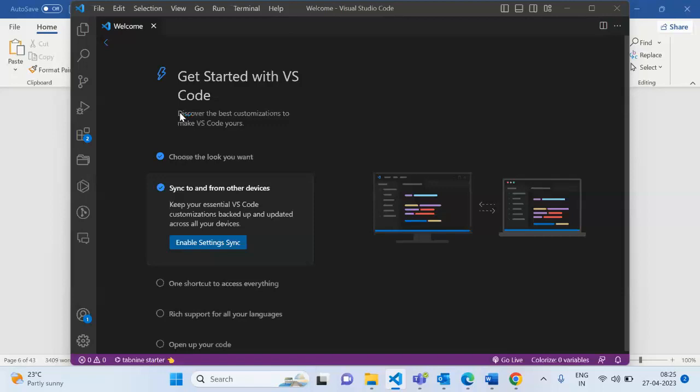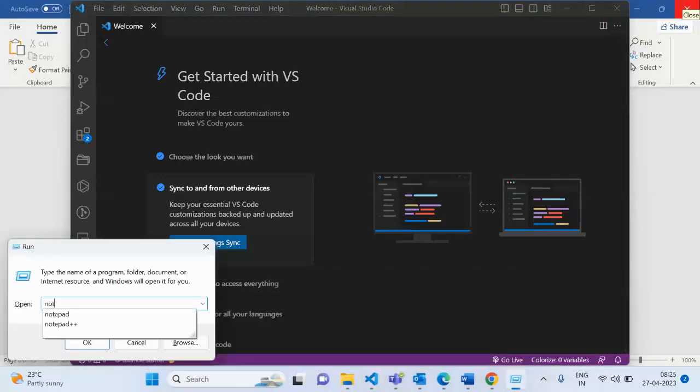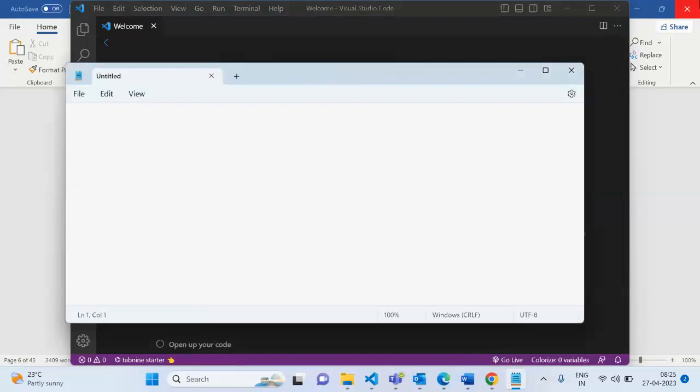What do you mean by text editors? To write the code, we require one editor. For example, this is the Notepad. What is the use of Notepad?